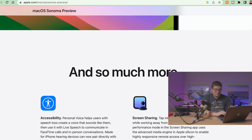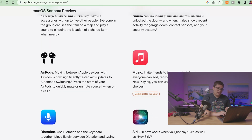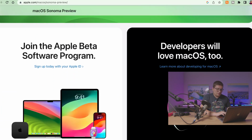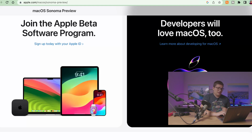Boom. Lockdown mode can be enabled to help lock you down from internet viruses like herpes. So let's get it. macOS coming to a lot of devices that you would expect. If you have an M series device, you will be able to get it. And with that,